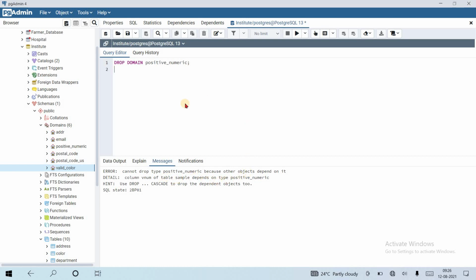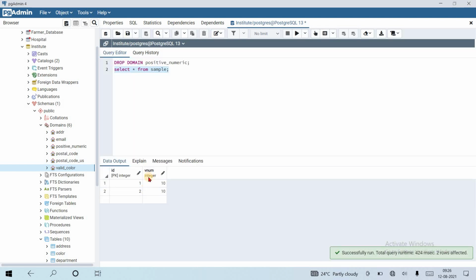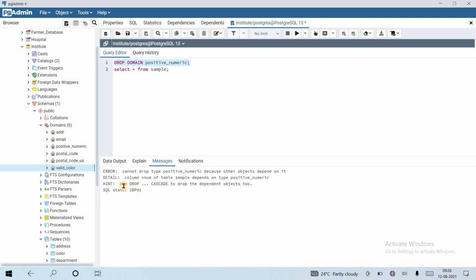Oh really? Let's see the sample table. Select star from sample. Here you can see that the sample's vnum integer depends on this positive numeric. It tells us that if we want to delete this, we cannot, and it says use cascade to delete dependent objects too.